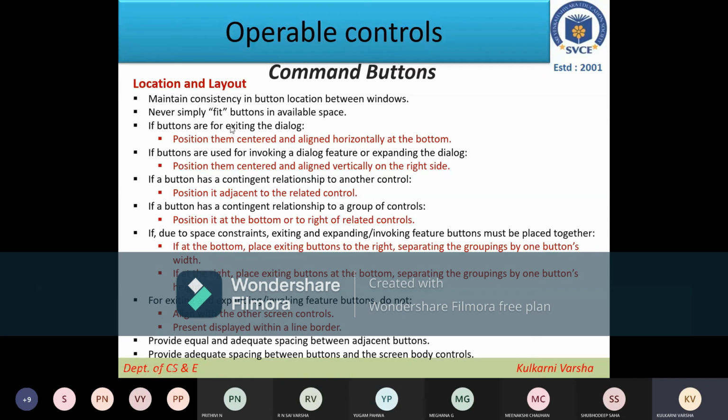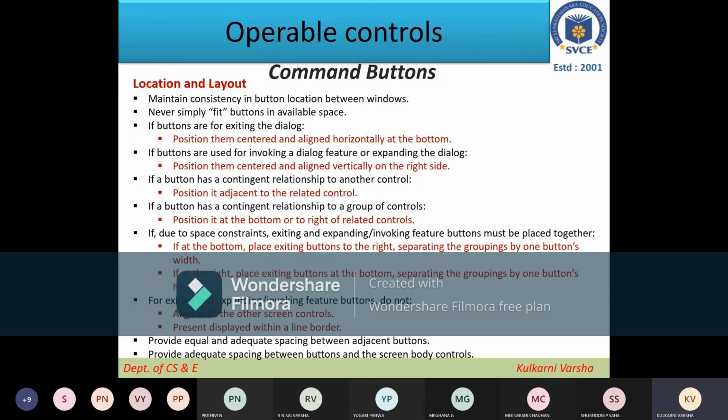If the buttons are for exiting the dialog, position them centered and aligned horizontally at the bottom, right? Generally these are the critical buttons, so by mistake they should not get pressed and initiate the action. So they should not be very near to a menu bar like that, right?